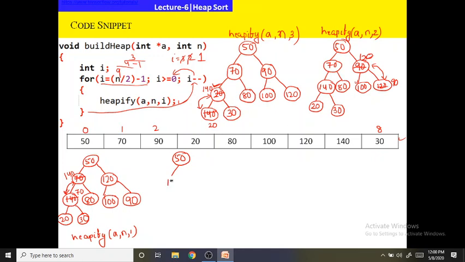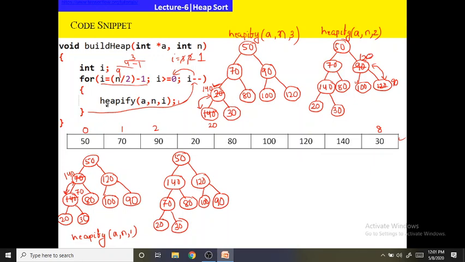Here we will get 140. Here we will get 120. Here we will get 70. Here we will get 80. Here we will get 20. Here we will get 30. 120's left child is 100. 120's right child is